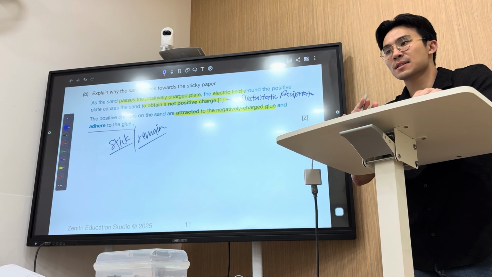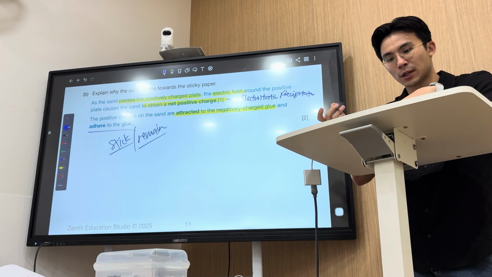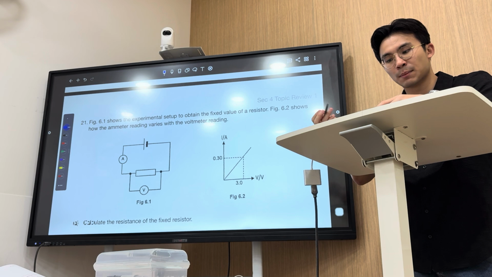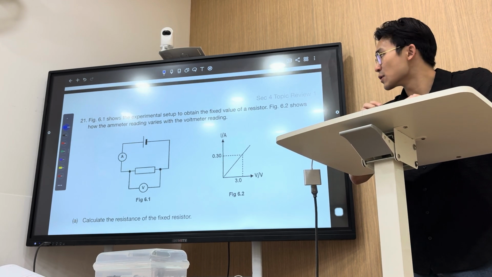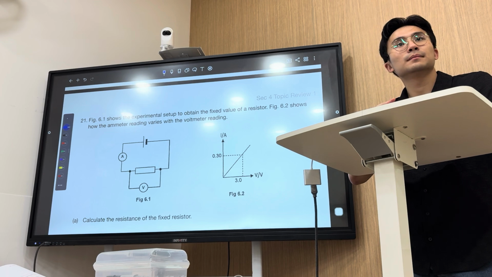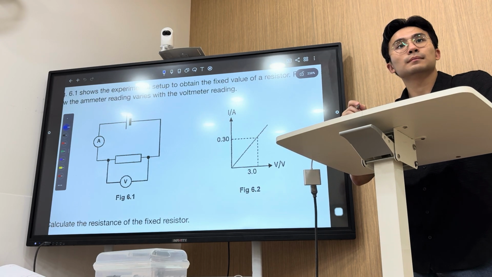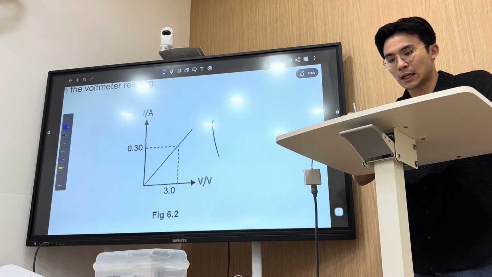We have 2 more questions. Hang in there, especially those of you that have been here since 2 o'clock. Figure 6.1 shows the experimental setup to obtain the value of a fixed resistor. What's the resistance of your fixed resistor? Voila. What's the resistance? What do you calculate? R equals